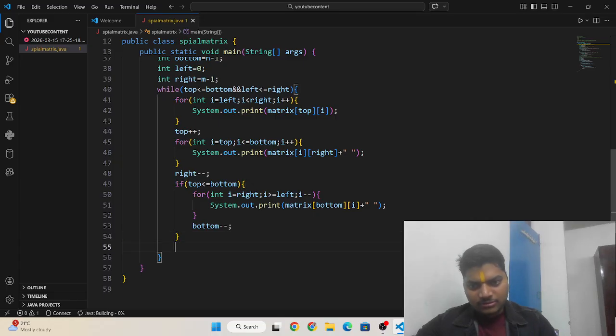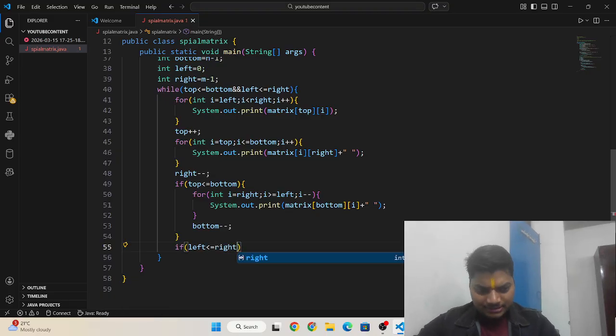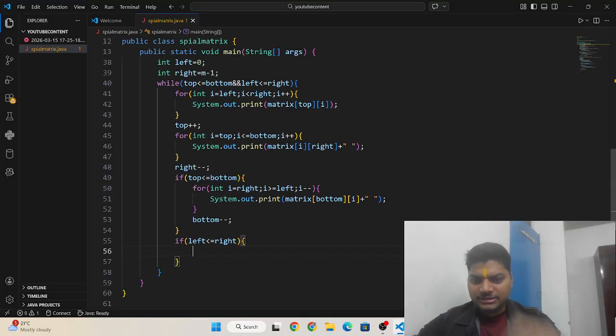Done. We have printed the bottom row, and now we need to print the left column. So I need to check whether the left column is less than or equal to the right column or not. If yes, then only in this case we need to run a for loop for int i equals bottom, and i will always be greater than or equal to top.